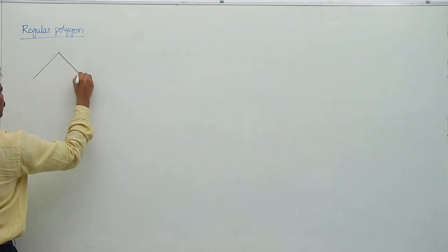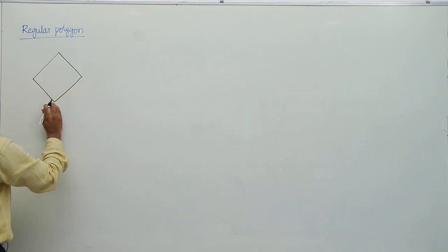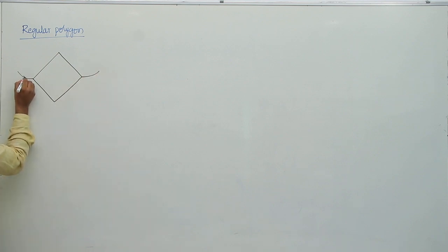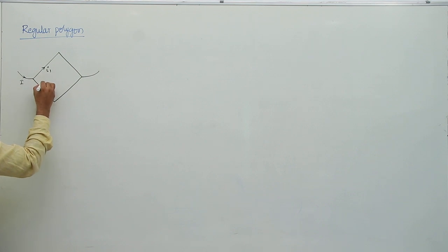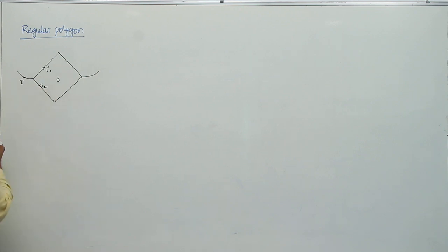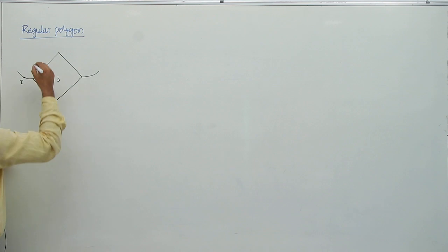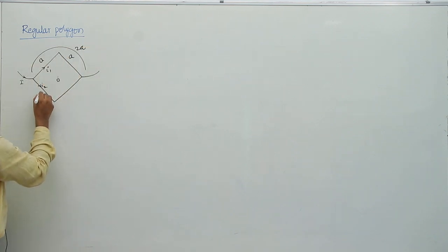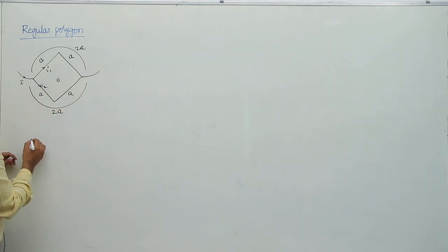If you take a square here, and you connect a battery between this end and this end, here also the main current is I. This current will divide into I1 and I2. What is the magnetic field at the center of this square? It is very simple. Here the length of this one is A plus A, total length is 2A. Here also A plus A, total length is 2A.